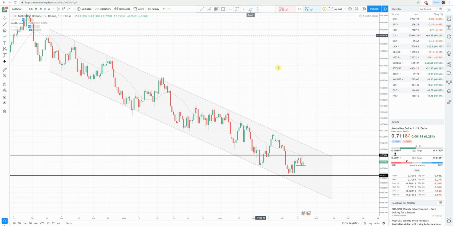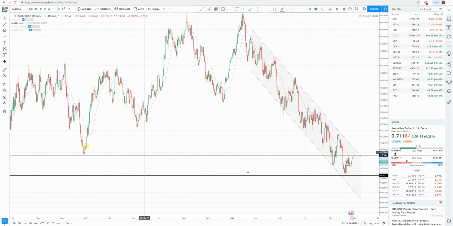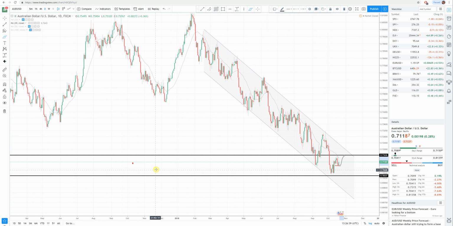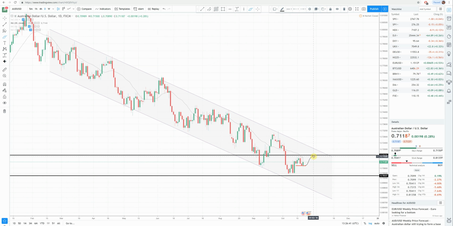It might just as well go back to the resistance line, which was a former support, and from then might bounce down in continuation of this downtrend channel. If you look at it from